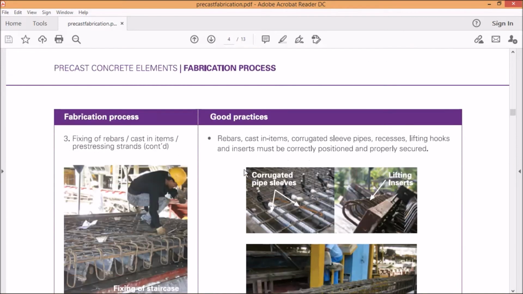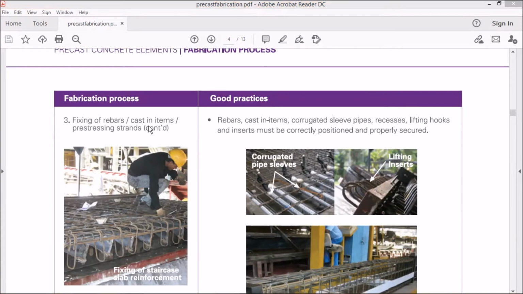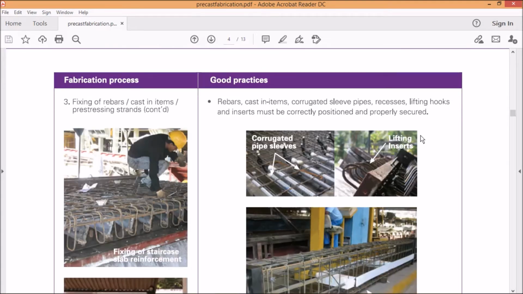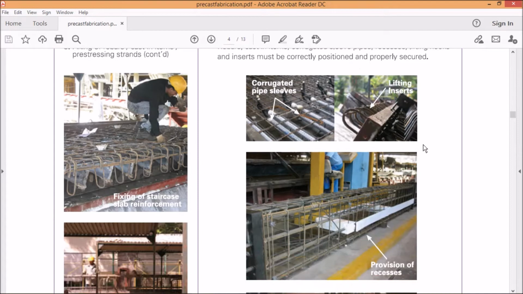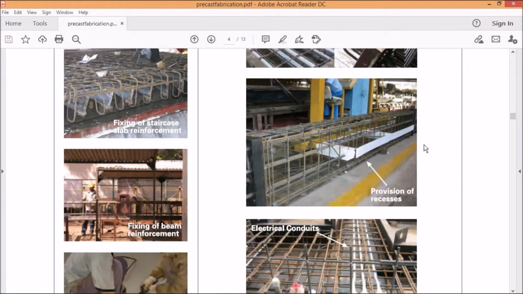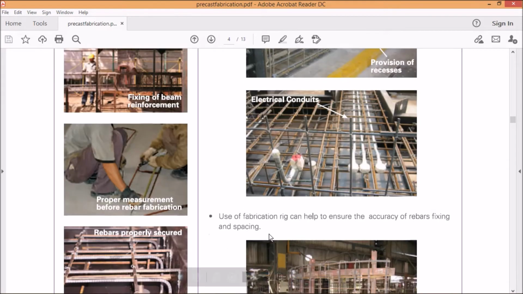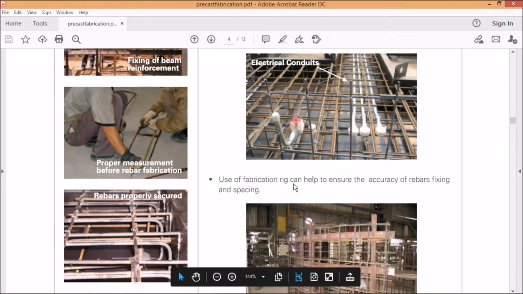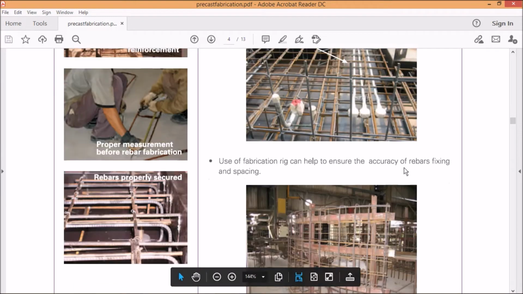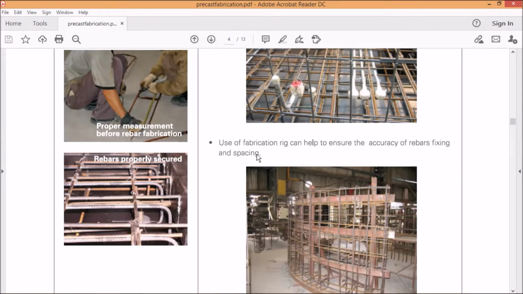Rebars, cast-in items, corrugated sleeve pipes, braces, lifting hooks and inserts must be correctly positioned and properly secured. Use of a fabrication rig can help to ensure the accuracy of rebar fixing and spacing.